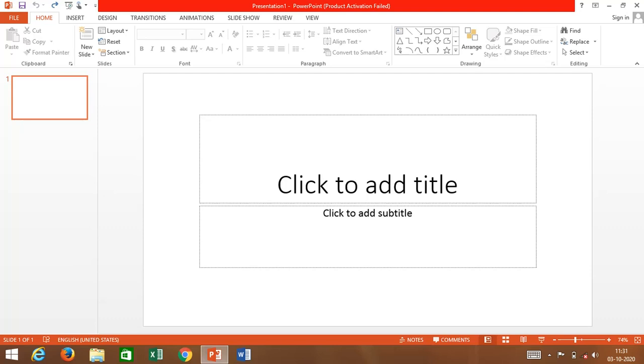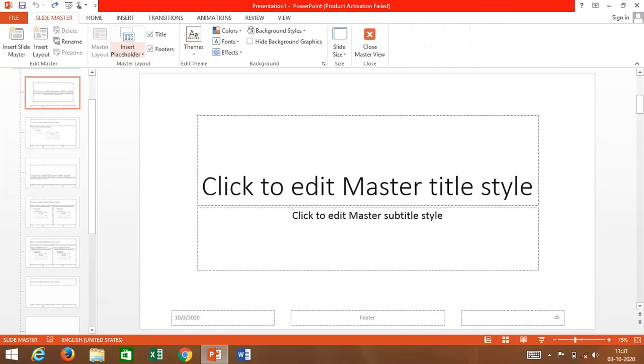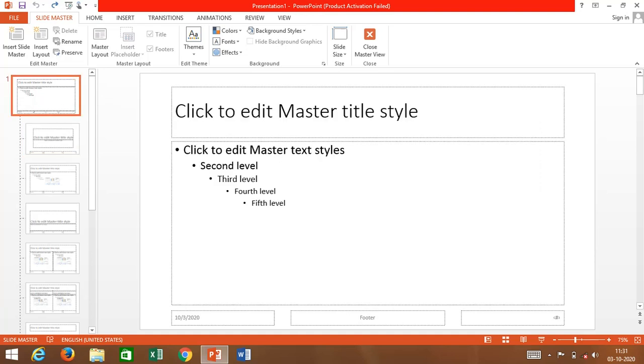To use a Slide Master, we will go to the View menu. Then under the View menu ribbon, you will get an option called Slide Master. Now as you can see on the left hand side of the screen, one main slide, the topmost slide, which is called the master slide, has come on the screen. After we make any changes in that topmost slide, the master slide, the same changes will appear on the rest of the slides which are linked, which are connected with the first slide.